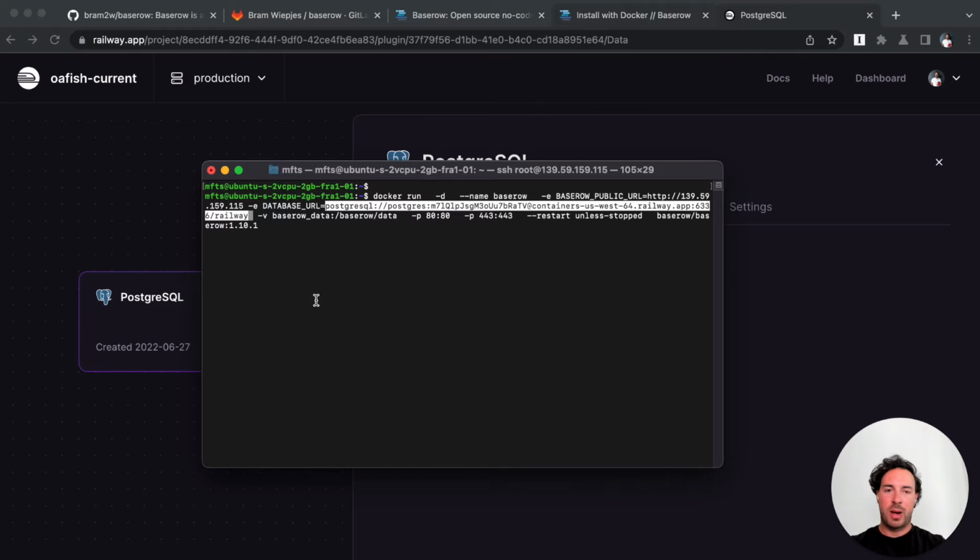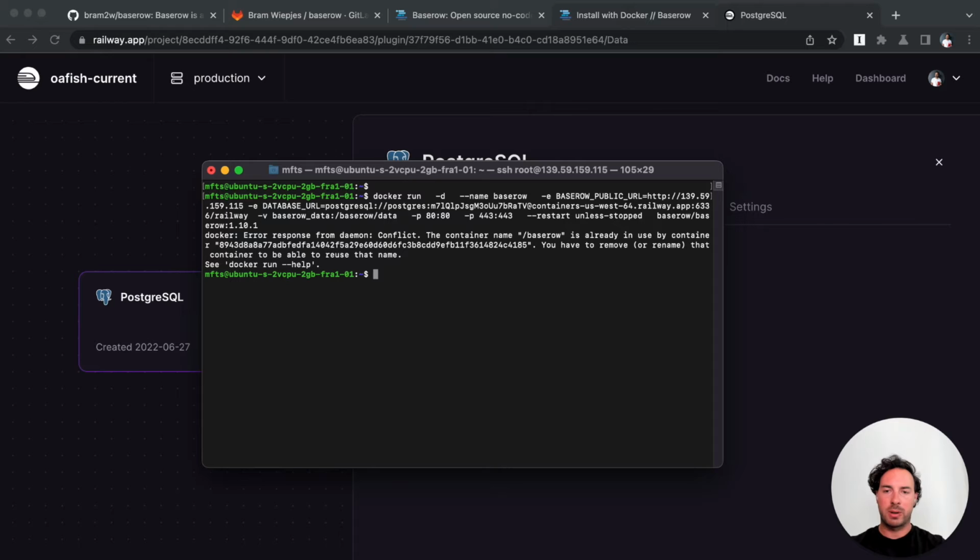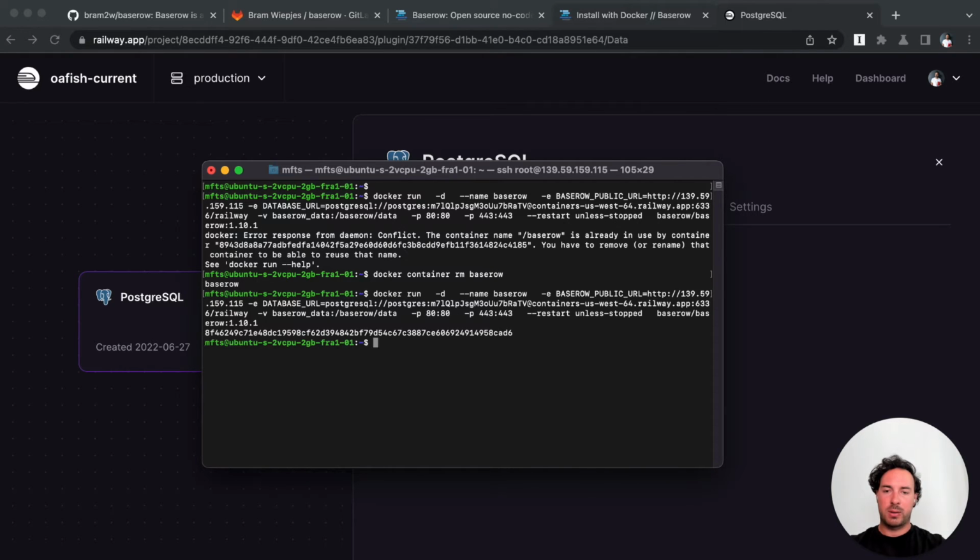Everything is good. The IP looks right. Otherwise we would have had to change this, but it looks right. And the container Baserow is already in use. So that's not great. Let me remove the container Baserow. Okay, let's run it again. So it seems like I had run this before with the same name,